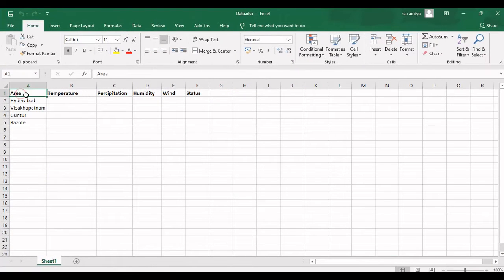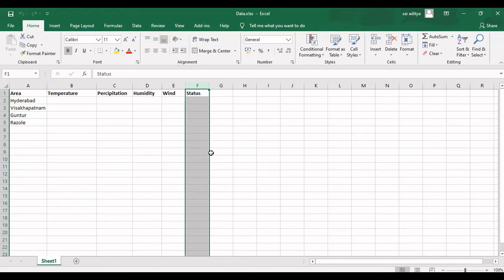And here we will get the area, which area that we are going to get the weather report from, from this column, and we will update these columns dynamically from Google, taking the weather report. And finally we will update, if all the information is extracted correctly and updated, then we will report that as a status as pass or fail.